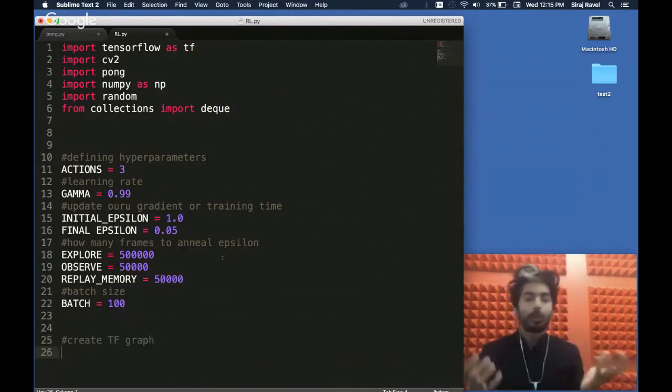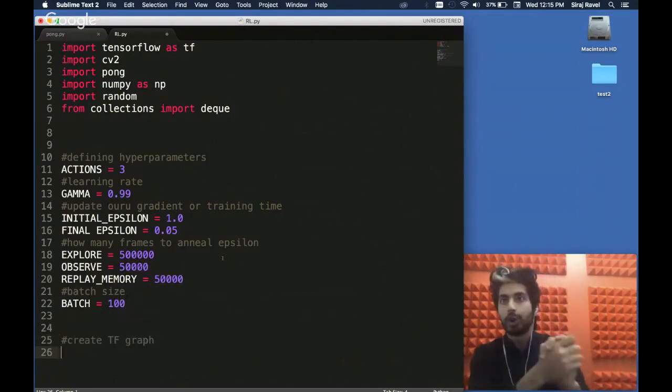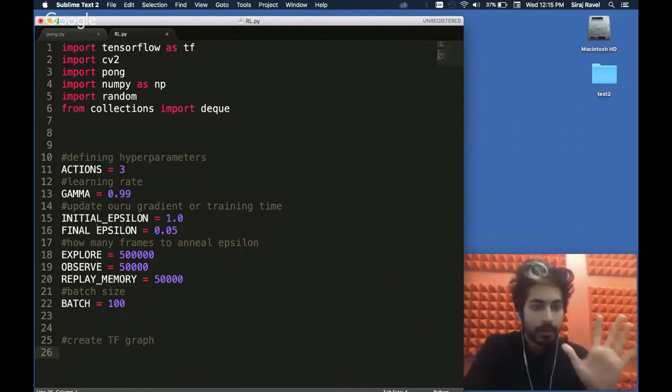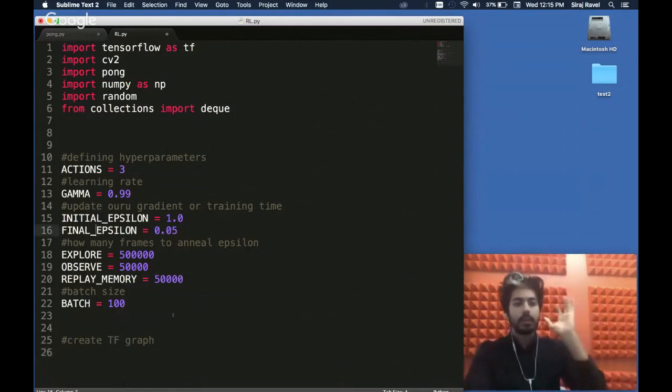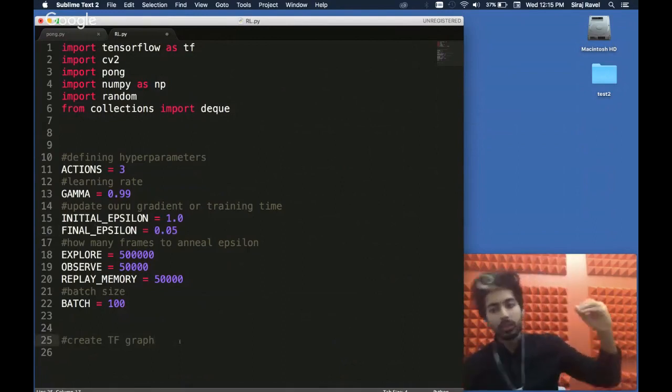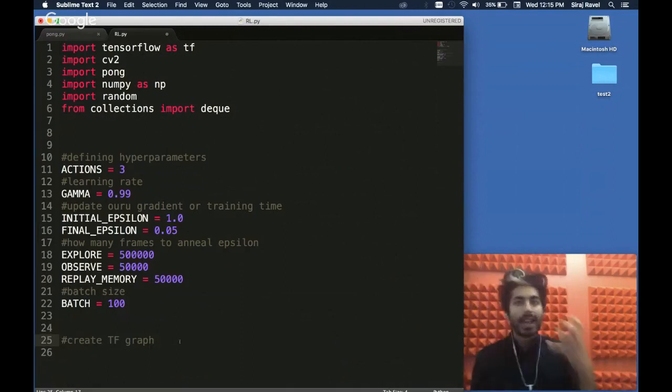What kind of neural network is this? This is a convolutional neural network. A convolutional neural network is a type of neural network that reads in image data. And we're going to make a 5-layer convolutional neural network in TensorFlow. Thank you for that. And we're going to feed the pixel data and the score into this convolutional neural network. And that's what's going to help us do deep reinforcement learning.